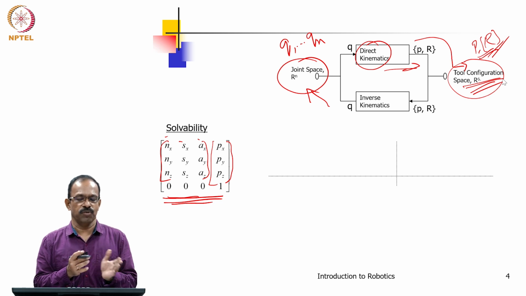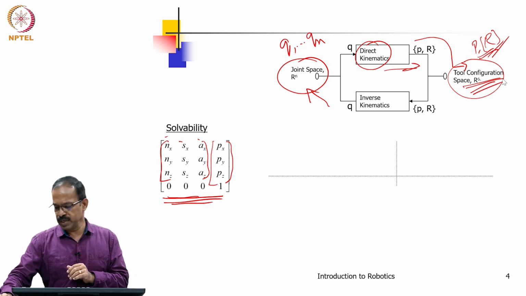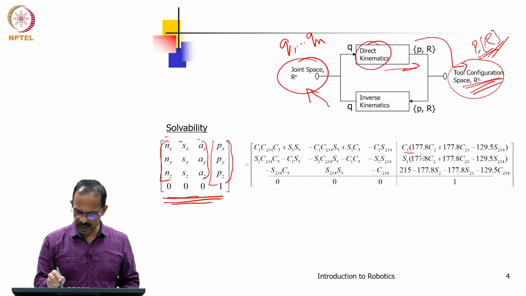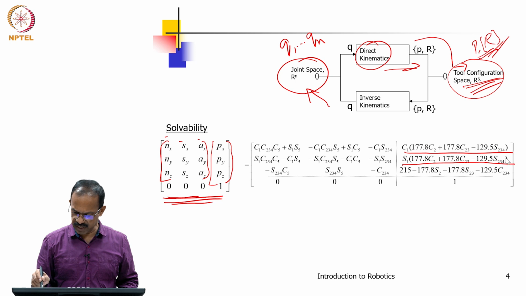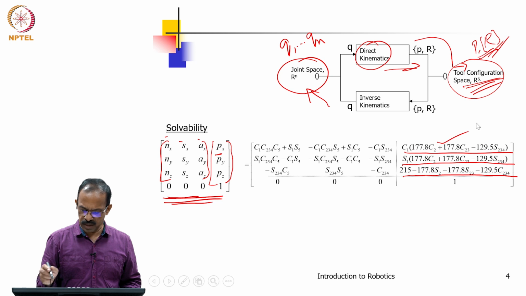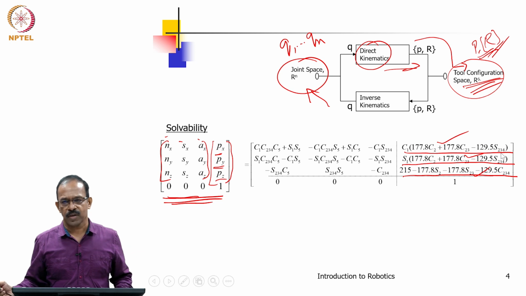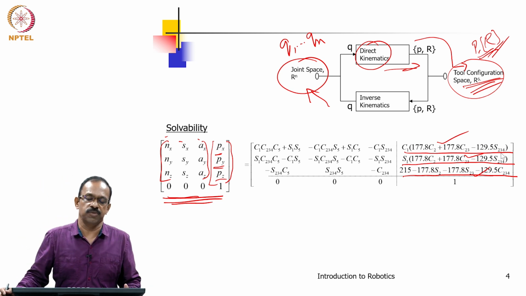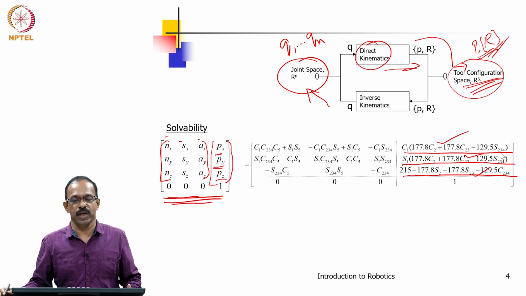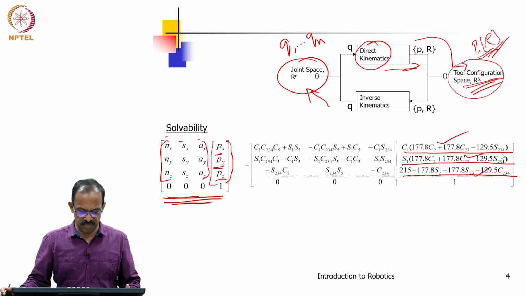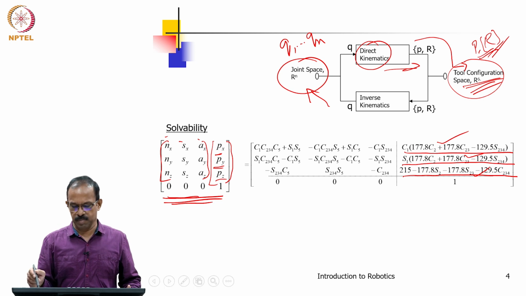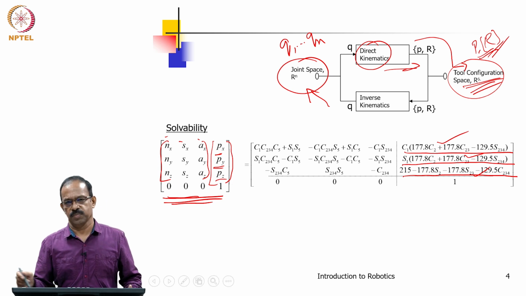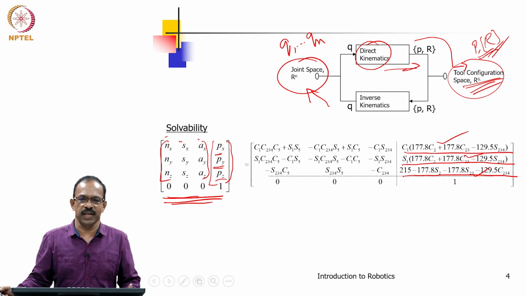Now, in the normal case of forward kinematics, how is it represented? This Px, Py, Pz will be represented like this. For example, I have taken one robot configuration, and for that robot we see that Px is equal to this one, Py is equal to this one, and Pz is equal to this one. So, three equations can be written. For that particular manipulator, Px is equal to C1 multiplied by something, Py is S1 multiplied by something, and Pz is 215 minus something. Okay. So, those are the three equations that you can have.